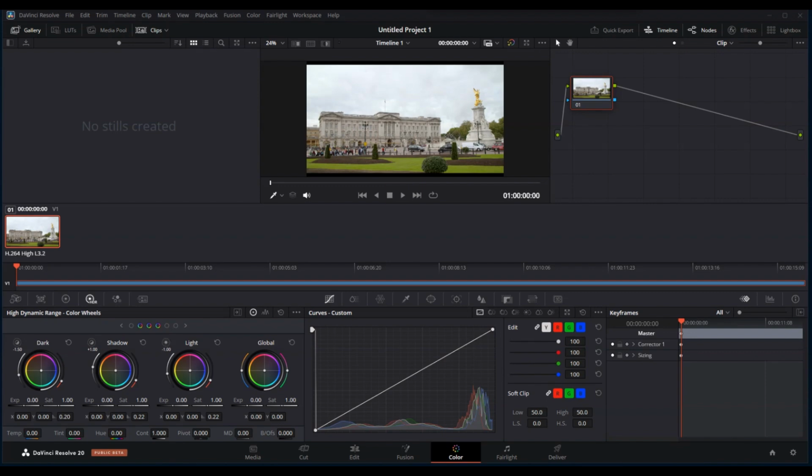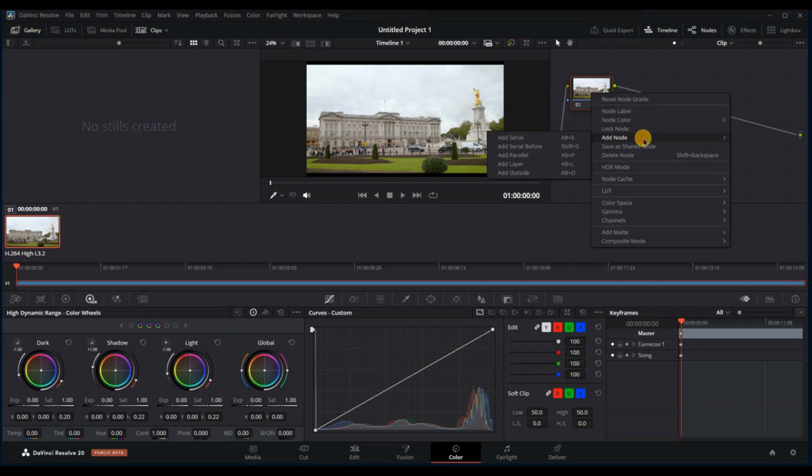To add a new node, right-click in the node editor and choose Add Node. Then select the type you need. Add Serial Node or Add Serial creates a standard node for step-by-step grading. Both work the same. To apply corrections side by side, choose Add Parallel to split the image into separate parts